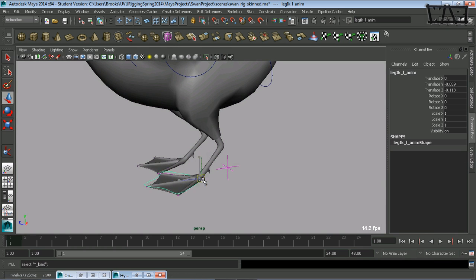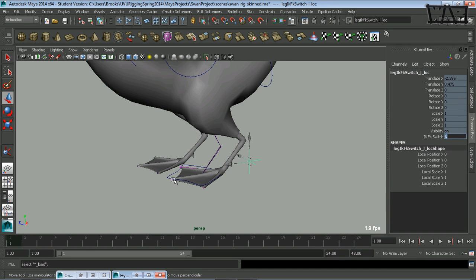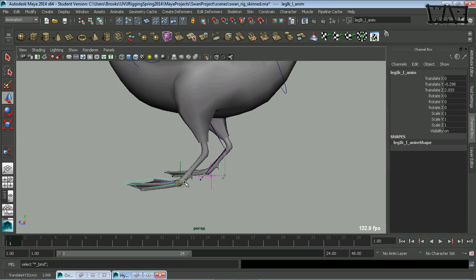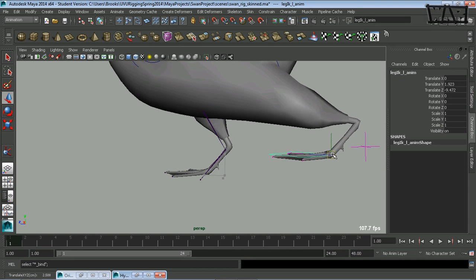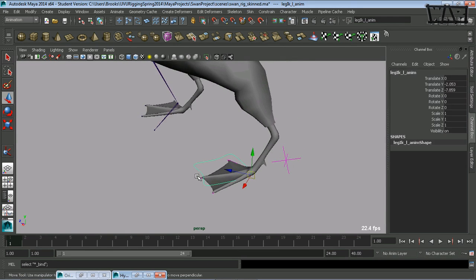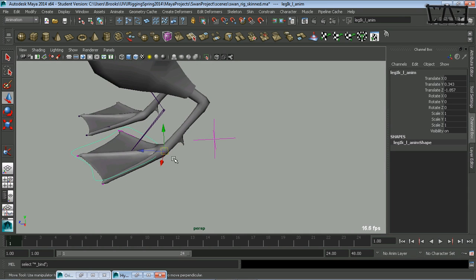So now as I move this around, you'll notice that the foot stays planted on my controller. Okay, and that's good. But if I go too far, the foot still doesn't follow correctly. So what we need to do is create IK all the way out to the tip of the toe here. Okay, so create one more IK. I'm going to zero this out. I can do that because I put